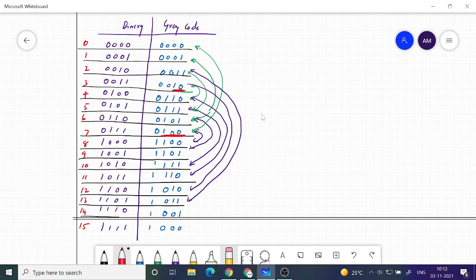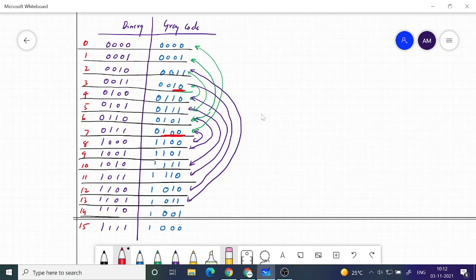Yes, sir. Not sure. I am allowed to change only a single bit. When you go every step down the line, I am only allowed to change one bit. You see that the corresponding code for 0 is 0 0 0 0, and the next one is 0 0 0 1. So only this bit is changed, right? And when you go from 1 to 2, only the second bit is changed.